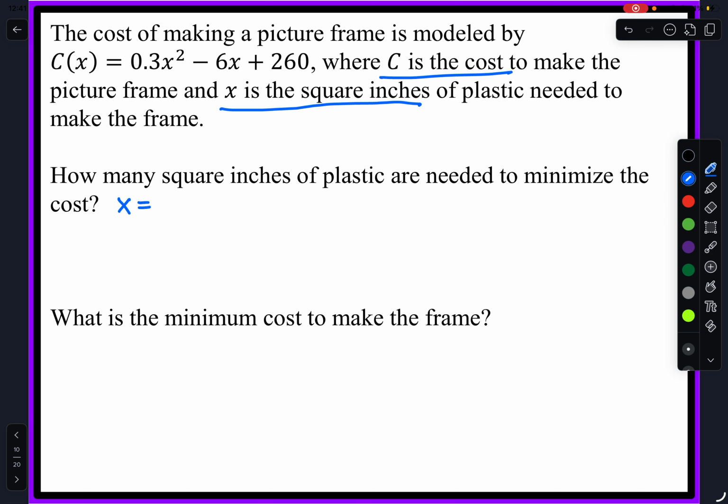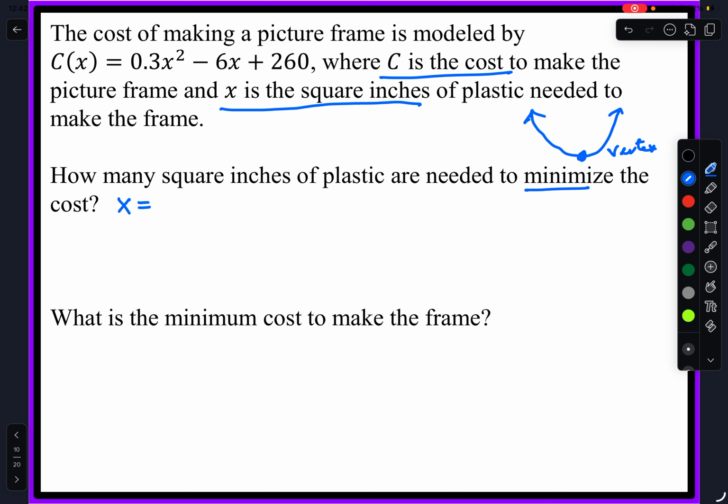Because this is a quadratic equation, we can find that by identifying the vertex of our quadratic, finding the location of this value here. Now, because it's a minimum, the parabola is opening in the wrong direction according to my diagram. It should be opening in the opposite direction, upwards. That's going to create a minimum value